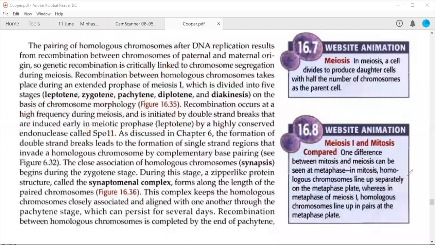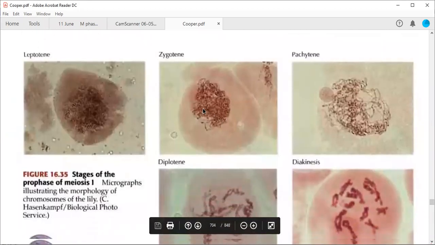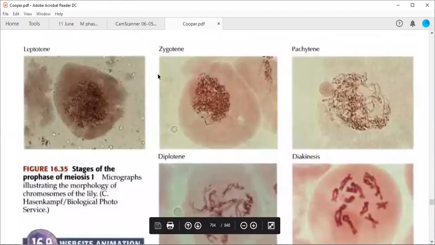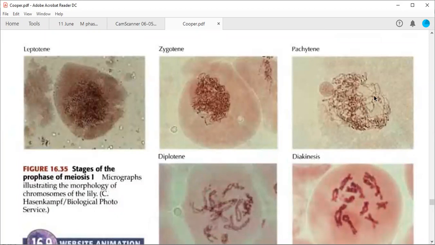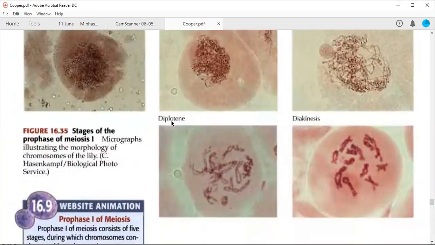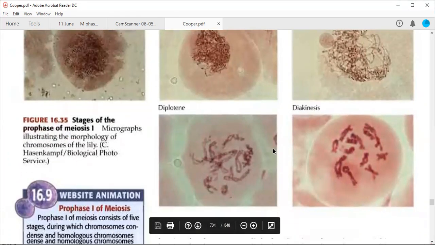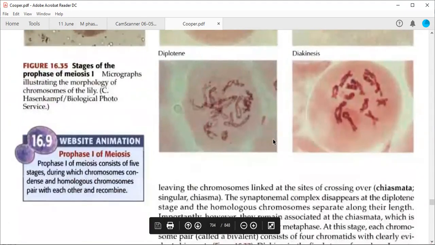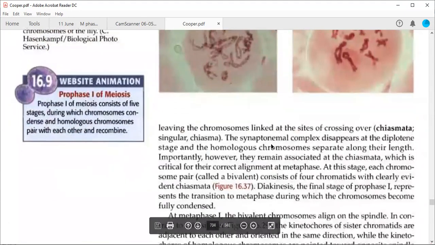If you have recorded all this, then we are moving to our next page. So very clear here, leptotene is something like this. In pachytene, you will see these chiasma-like, X-like structures, which form bivalent chromosomes in the diplotene stage. So these are bivalent chromosomes. If not visible from here, you may